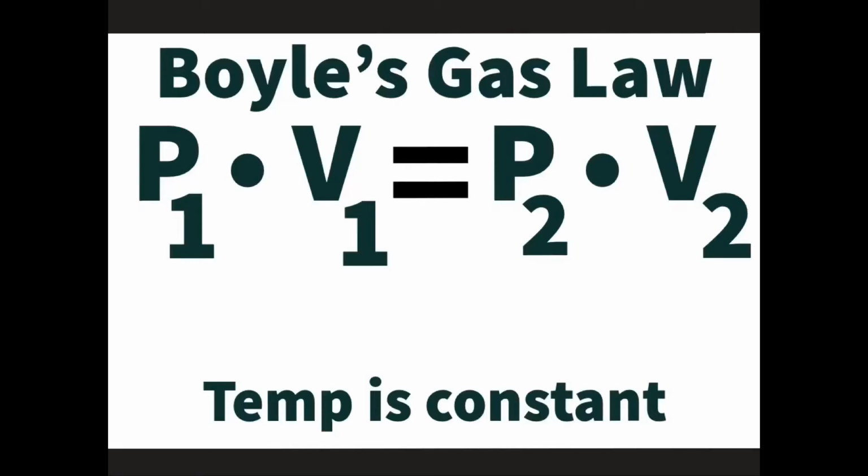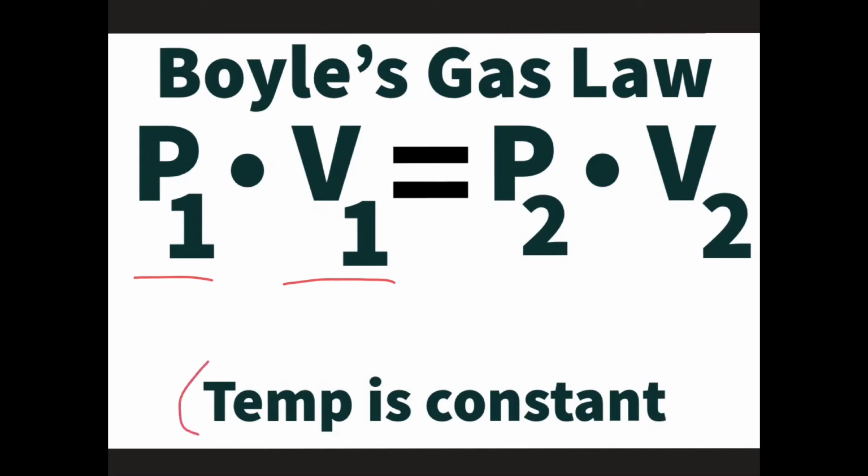We're going to be talking about individual gas laws today. We want to start off with one called Boyle's Gas Law. Boyle's Gas Law shows the relationship between pressure and volume. So Boyle's Gas Law, this equation of the initial pressure times volume equals the final pressure times volume, only if